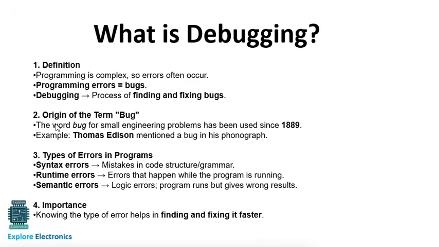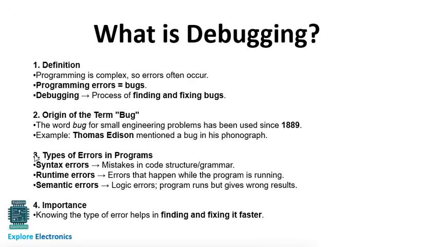Very simple. Here, the origin of the term bug comes from small engineering problems, and it has been used since 1889. And for example, Thomas Edison mentioned a bug in his